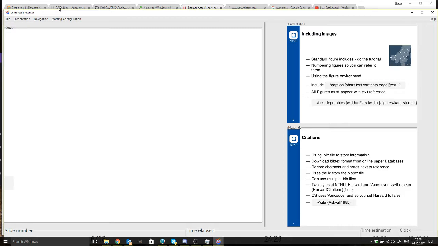Don't play with the layout of your document. If LaTeX says this should be on a page by itself, let the image be on a page by itself. When you include images, you literally go include graphics. You do this. Include graphics. Here I've given it width is 0.2 of the text width. Right? So this is a bit of math here. And this is in my folder called figures, and it's called cart student, so map student, and that's that image. So to generate this image, that's the code that I've used. Right? And this is a PNG, so you just go include graphics, you tell it what to include,